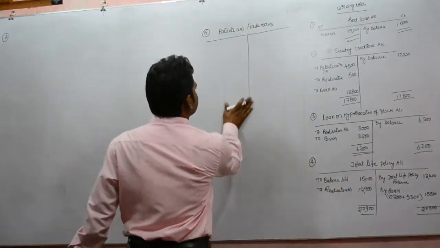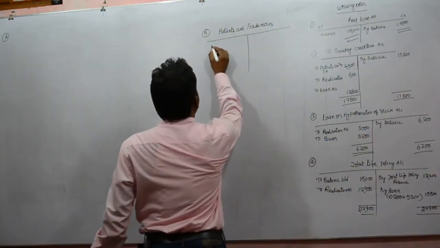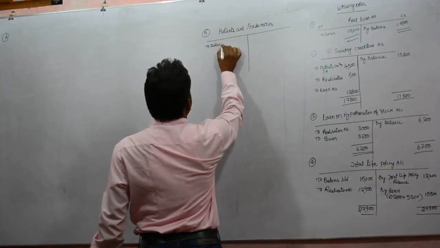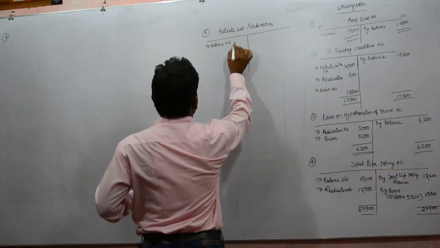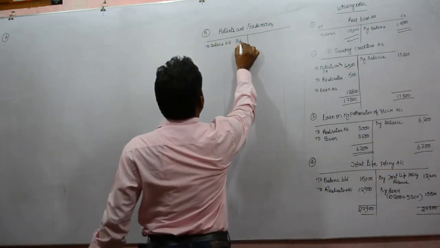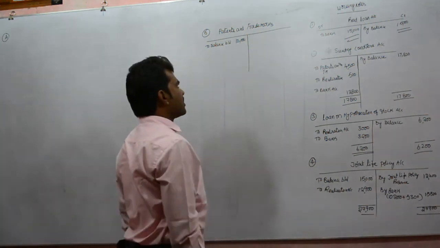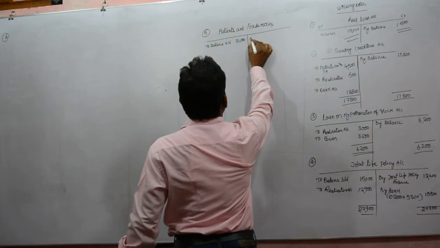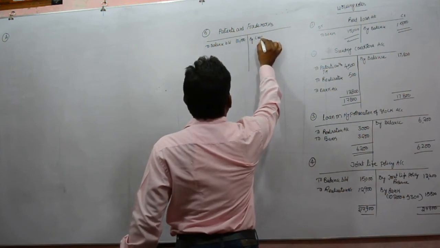Okay. To balance, this is asset. In this asset account, 10,000 rupees is the value. This 10,000 rupees value by creditor